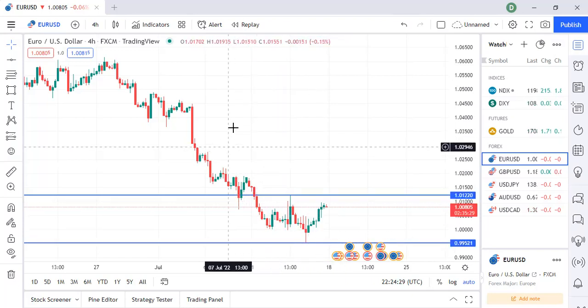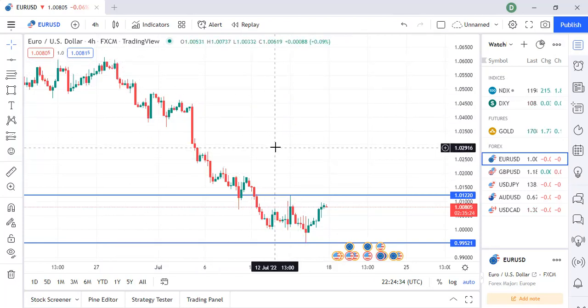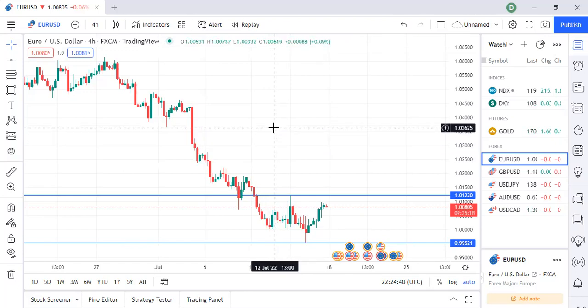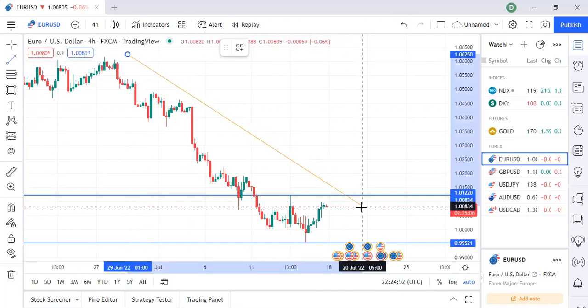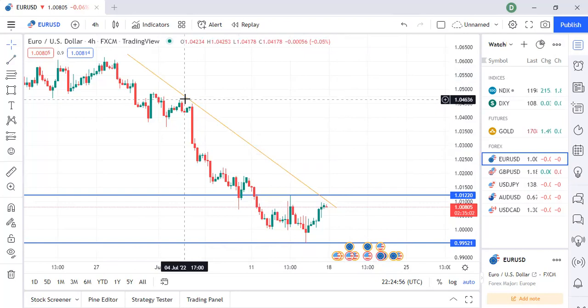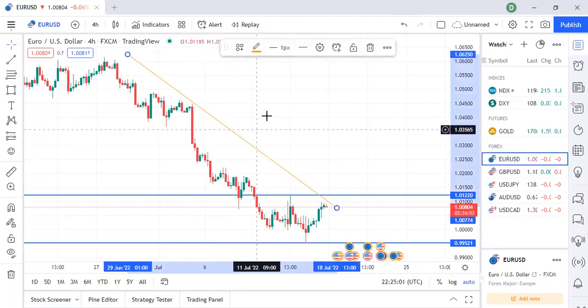Now, looking at EURUSD on H4, we are still in a downward move. As you know, the general move on DXY is an uptrend, so the general move on the XXX USD pairs is a downtrend. We are still on that particular trend. If you take your trend line, you can see we are still on a downtrend.